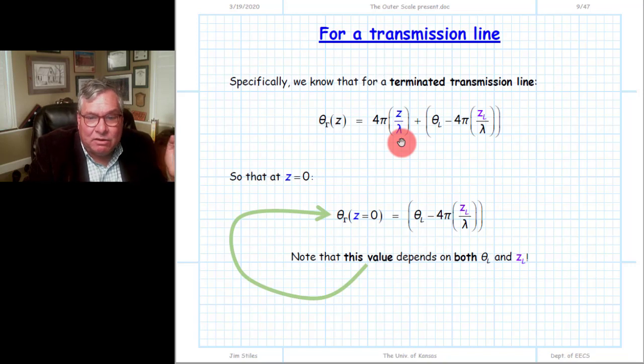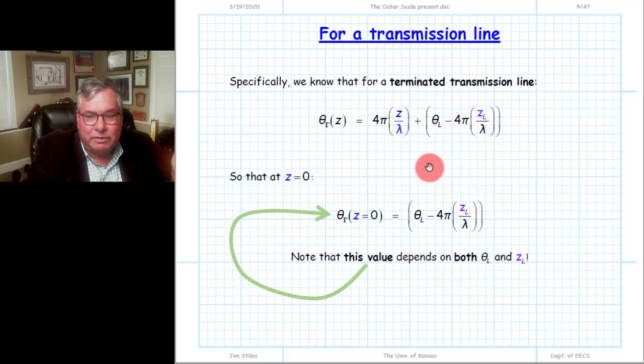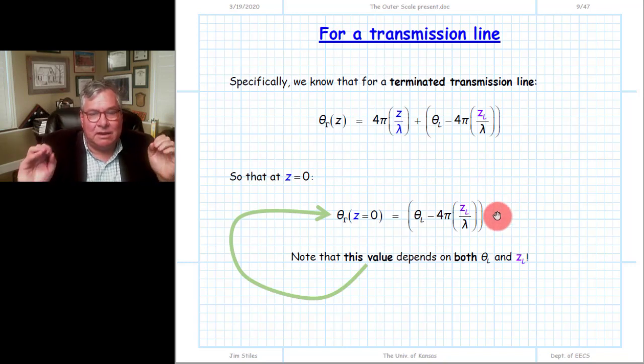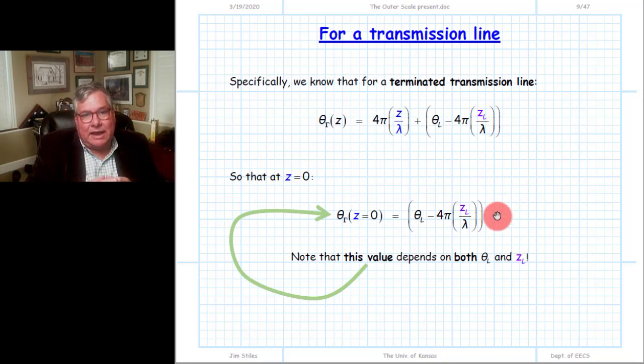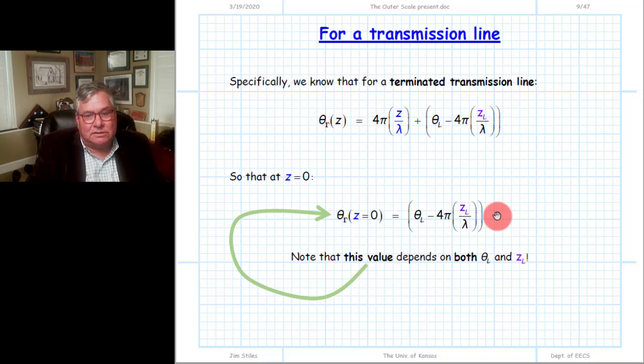And of course, if we evaluate this specifically at z equal to 0, we find the value of the reflection coefficient phase angle at z equal to 0 is given by this expression, theta L minus 4 pi zL over lambda. In other words, the phase angle at z equal to 0 depends both on how we set up our index, originally zL, how we define the end of the line, but more importantly also on